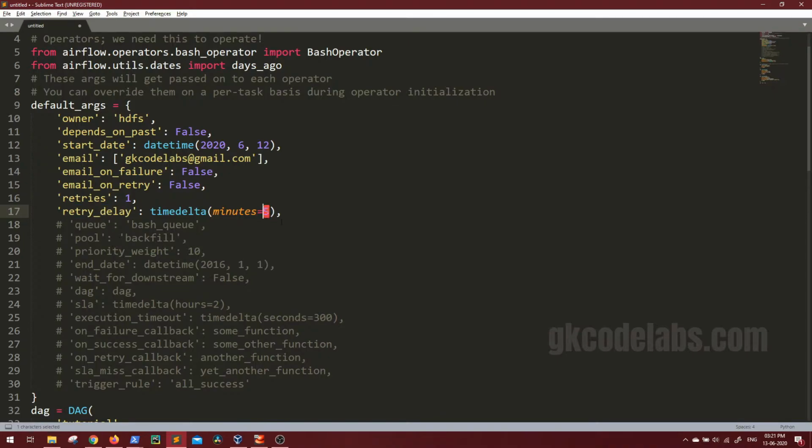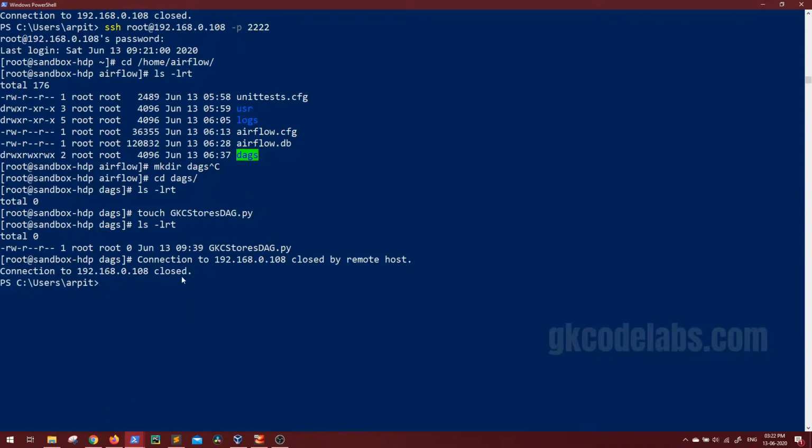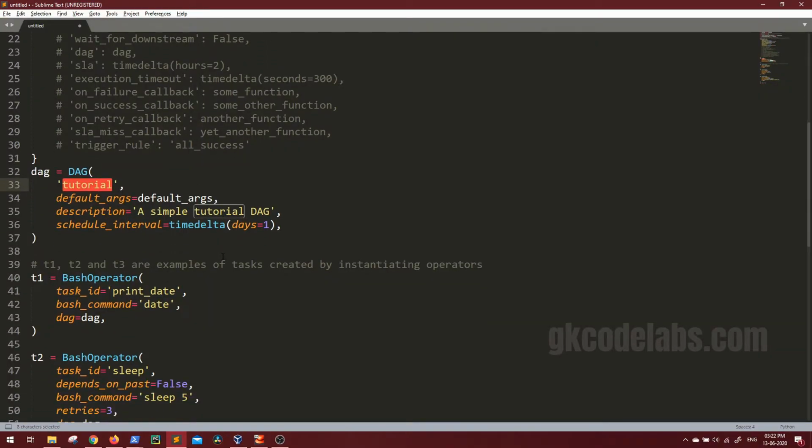So 5 minutes delay. Let's see in case it fails. Then we have to mention the DAG object. The DAG name that Airflow is actually going to refer to will be taken from here, not your file name. Like we have created one file, gk stores DAG. This is just a file to store your DAG, but the actual name of your DAG will be taken from the DAG argument. Let me mention gkc stores